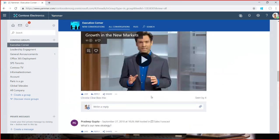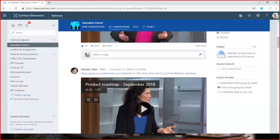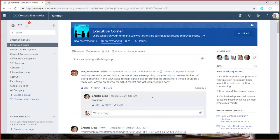All of these capabilities come together to create a safe, open forum where people can engage with leaders and ask questions on a day-to-day basis. And this capability is one that has allowed Microsoft and other customers to really flatten the organization and connect leaders with employees at scale. And one of the favorite quotes I've heard from a customer about this use of technology